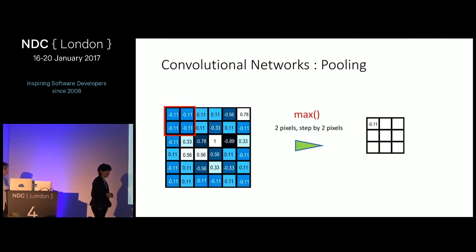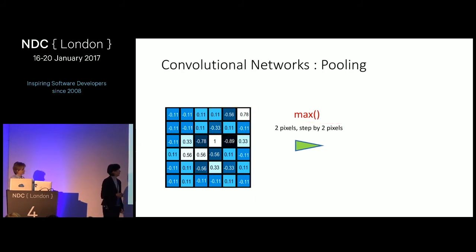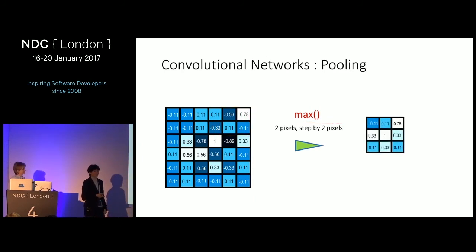Okay, the next layer is called pooling. What pooling does is shrink our image to something much smaller while preserving the most important information. The most important information for us is where the best feature match is. For pooling, we usually choose a window like 2 by 2 pixels, sometimes 3 by 3. And inside the window, we take the maximum value, which is the best feature match. We don't care where exactly on the image this feature match is, as long as it's inside the window. So let's do pooling. We slide the imaginary window, and we do our pooling process. That's it. By the end of the pooling process, our image shrinks by about 1/4.